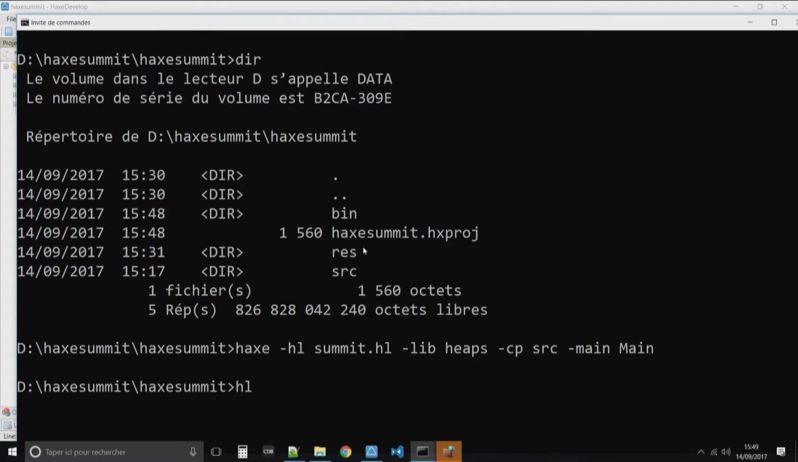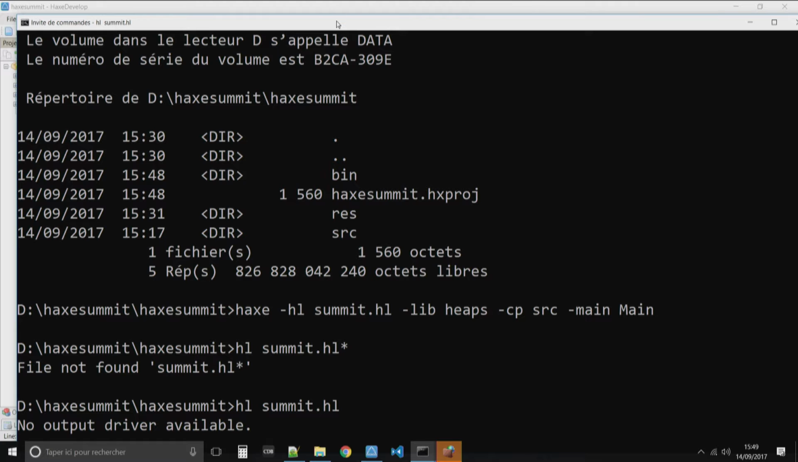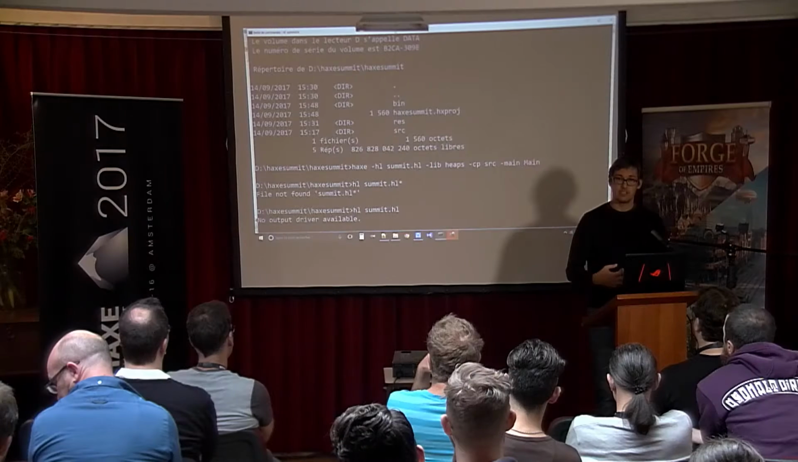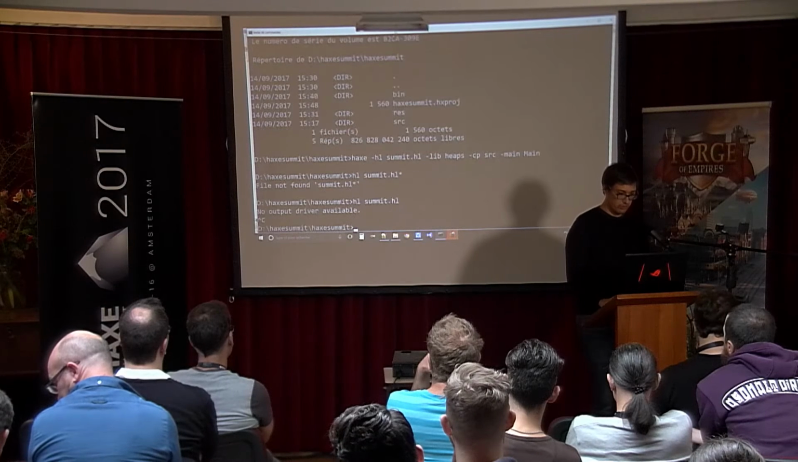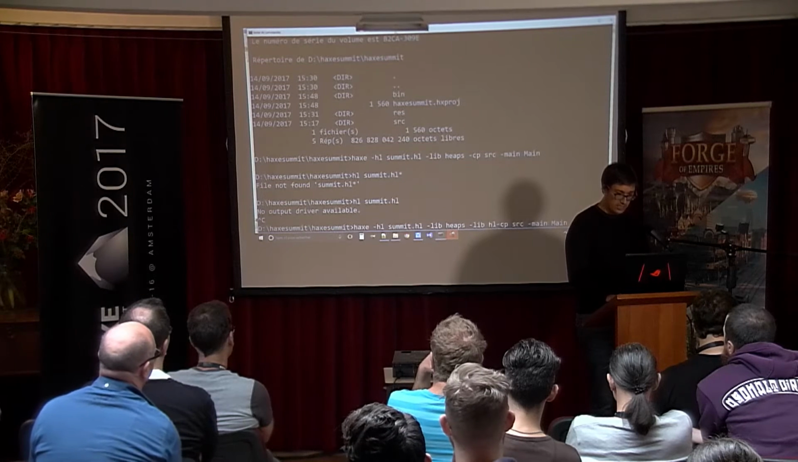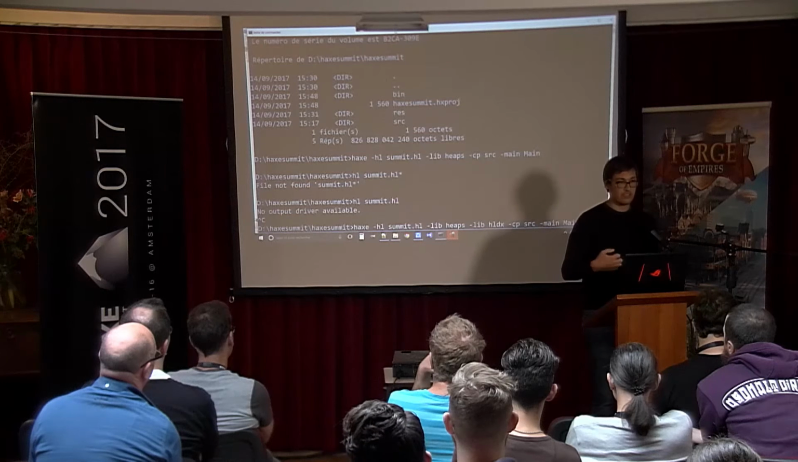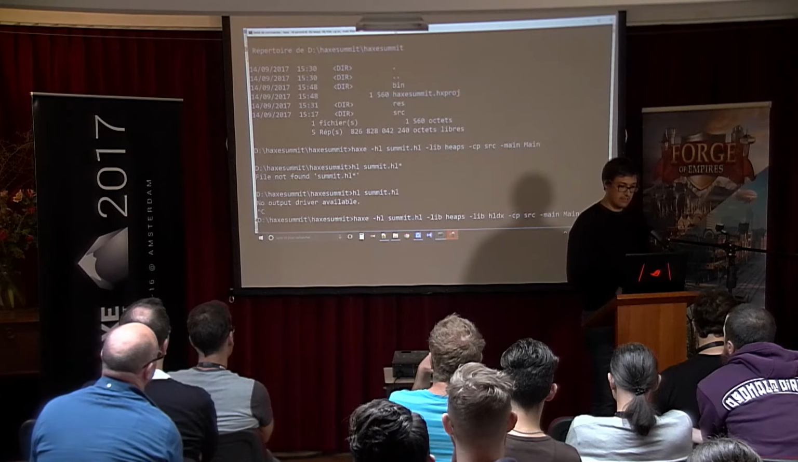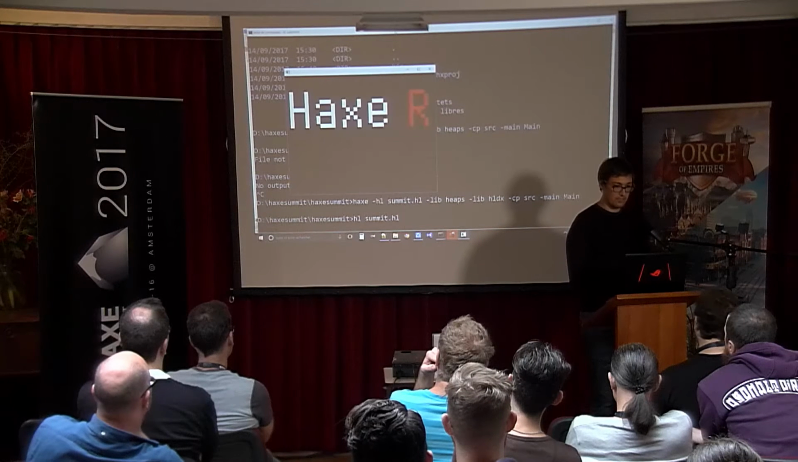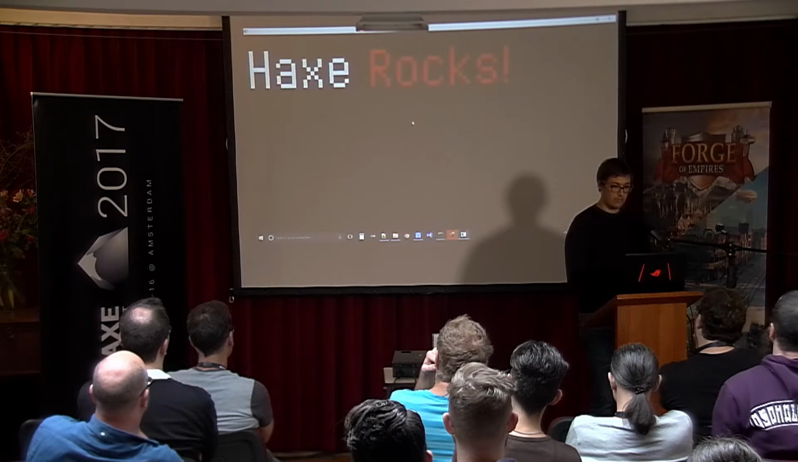Okay, and then you run it with hl summit.hl. I'll just put... no output. Okay, there's no output driver available. So actually, it's rendering the thing and running the whole logic, but it doesn't have any driver to output the thing because we didn't tell it to use either SDL or DirectX. So I will use -lib hldx, which is the HL DirectX library. Compile again, this time with DirectX, and I run it, and we have this window, and you see we have the interaction working,